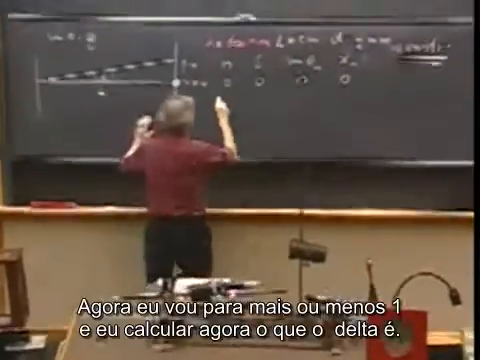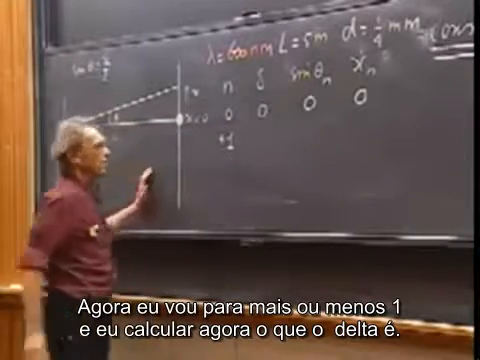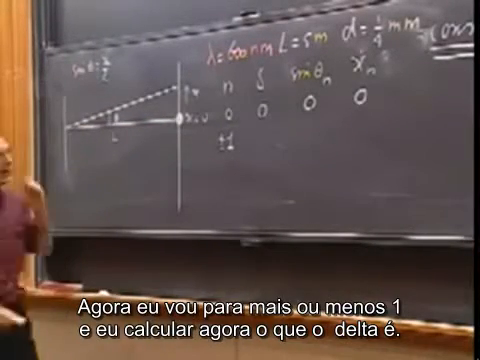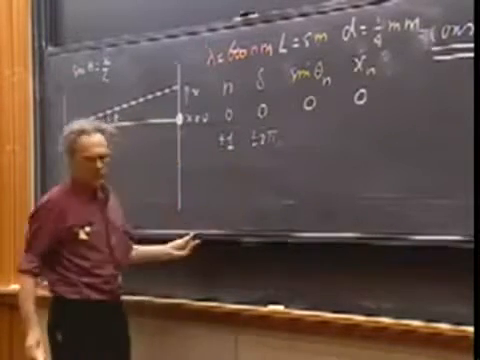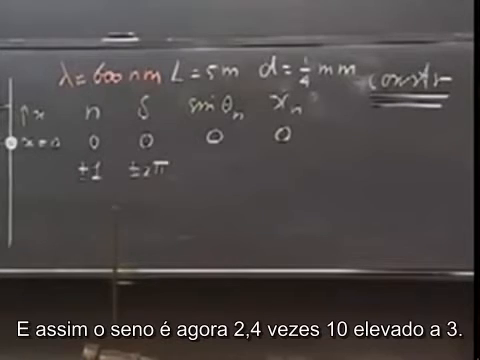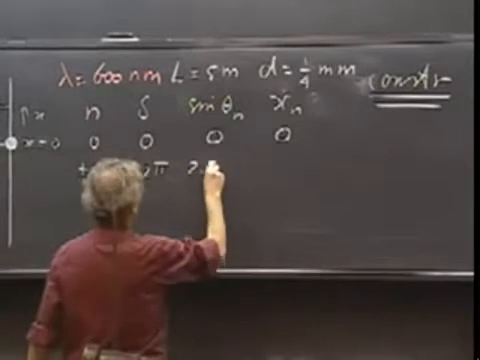Now I go to plus or minus 1, and I calculate now what delta is. Then I get plus or minus 2 pi. And so the sine is now 2.4 times 10 to the minus 3. You can check that,